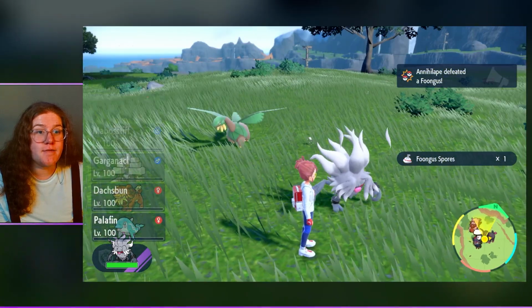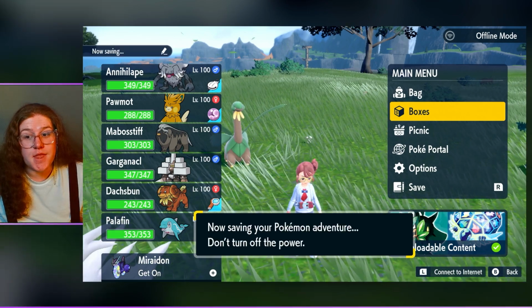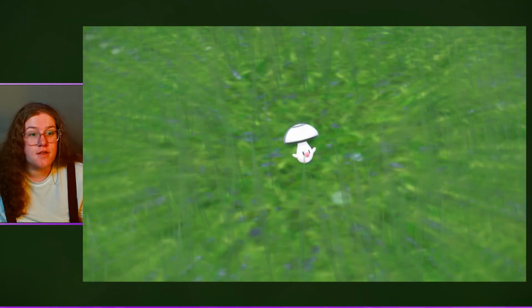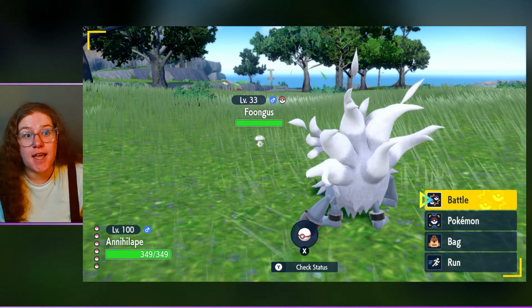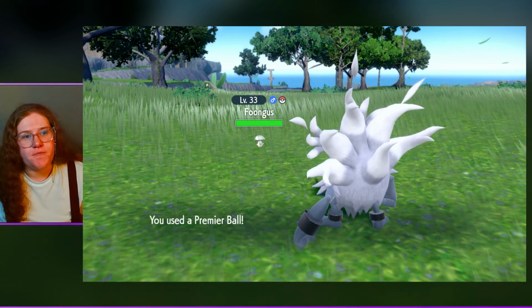We got another shiny. This is from the same mass outbreak that I was just doing the previous shiny. So as you can see, the shiny is by here. There it is. We got a second one from the same mass outbreak, but this is the second time I have done this mass outbreak. Just because